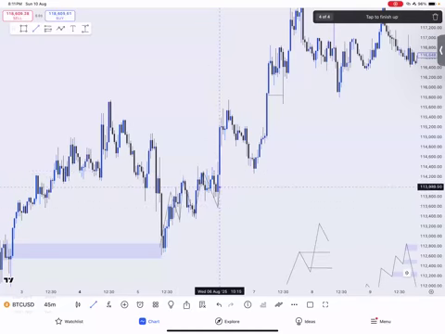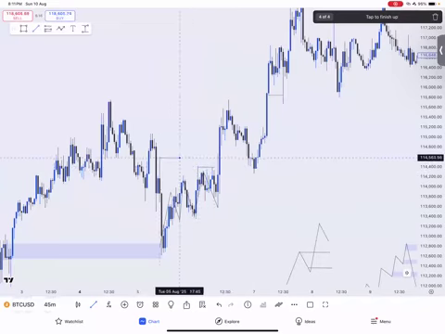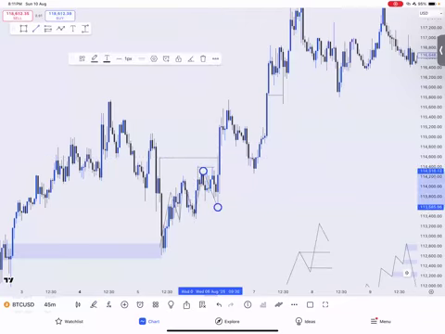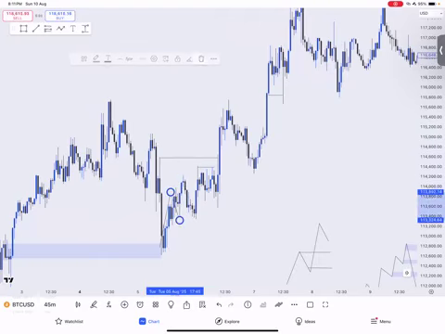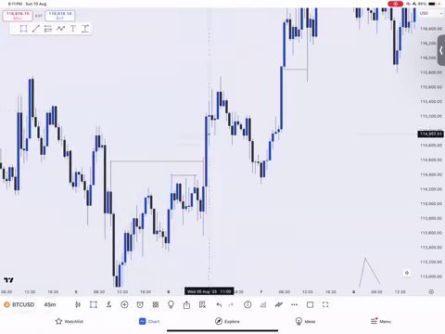Then eventually price came up here, took out these highs, this high here, like this immediate high in the market, and also took out this resistance level here, meaning that it took out more than one zone. The moment that occurred, we got a double break of structure. Now, when we got that double break of structure and the candle that caused it closes, which is exactly this candle,